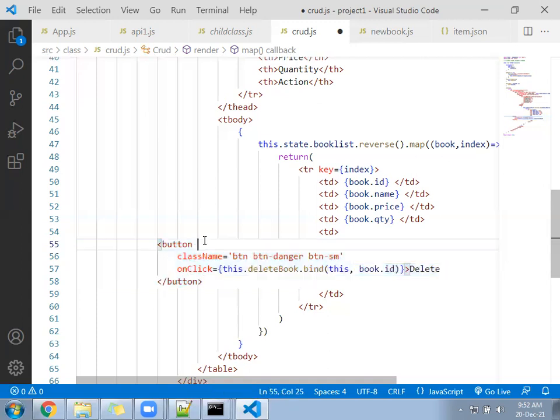Write this and on click, check once. Are you getting the alert?